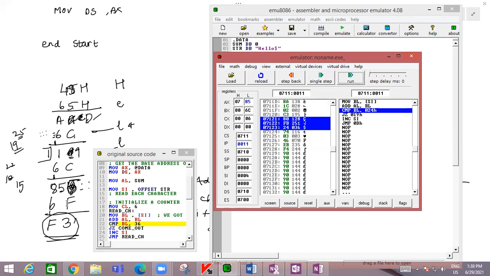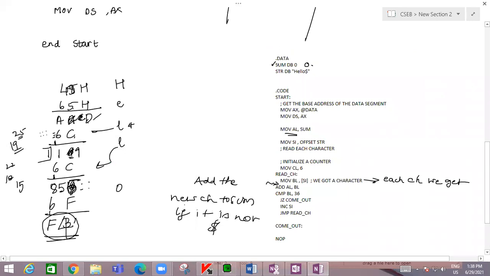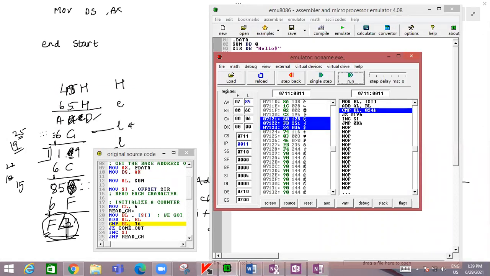And for 85, again, when you add 6F, what you should get: F plus 5 is 10, 11, 12, 13, 14. 14 here. This should be 4. 1 carry. Then 6, 7, 7 plus 8, 15. 15 is F. F4 we should get.